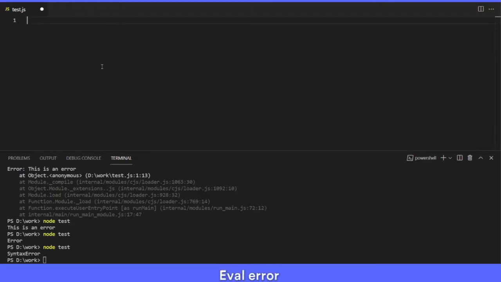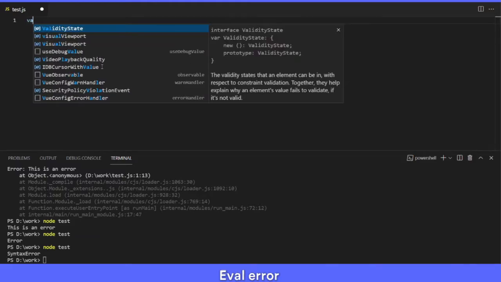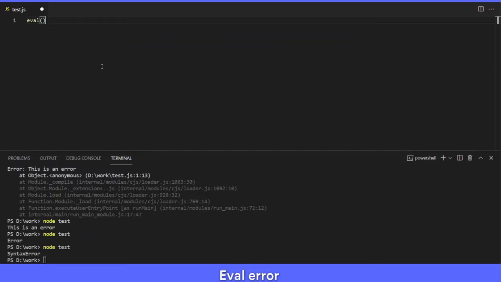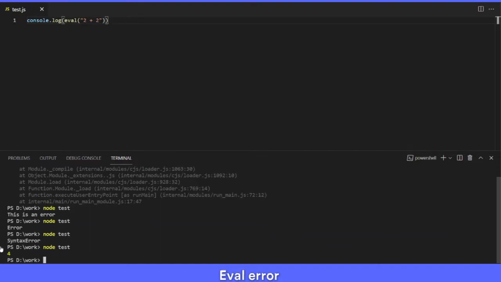So JavaScript basically has this eval function which you can use to evaluate statements or expressions which are strings. So if I just put in 2 plus 2 here in the form of a string and I try to console log it, I get 4. So the only function that it has is it converts strings that are expressions into a valid result. So in this case we have a 2 plus 2 string which is an expression which is then evaluated to the result which is 4.